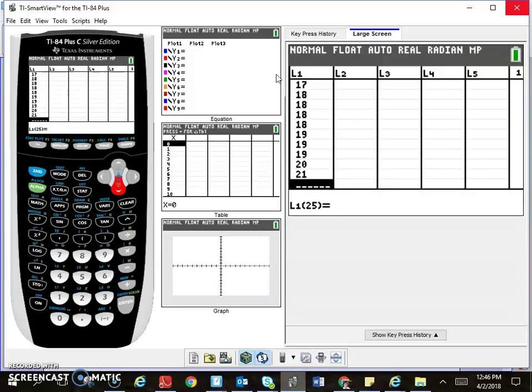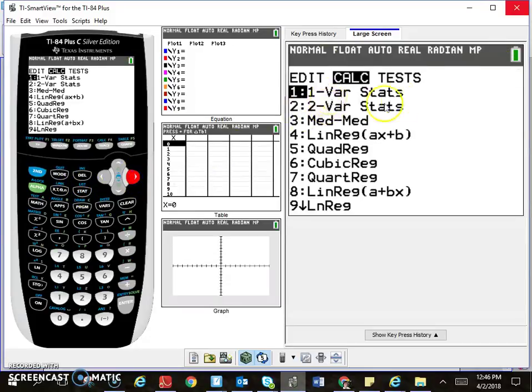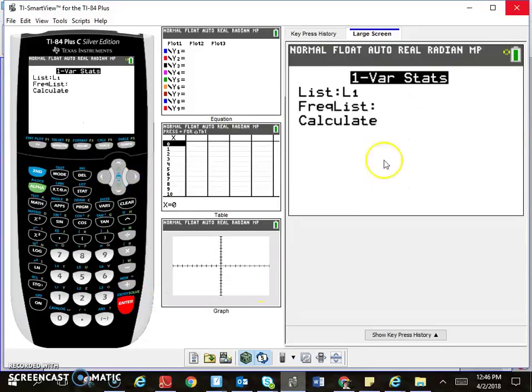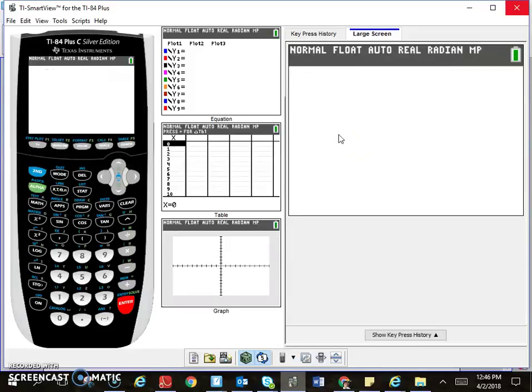Okay, so if you wanted to, you could count, but you should have 24 responses, because there's 24 numbers total. So once you have them all entered, you go to stat, calc, and you run a one variable stats test. Make sure you just choose list 1 because that's where you put all the numbers. So you hit calculate, and